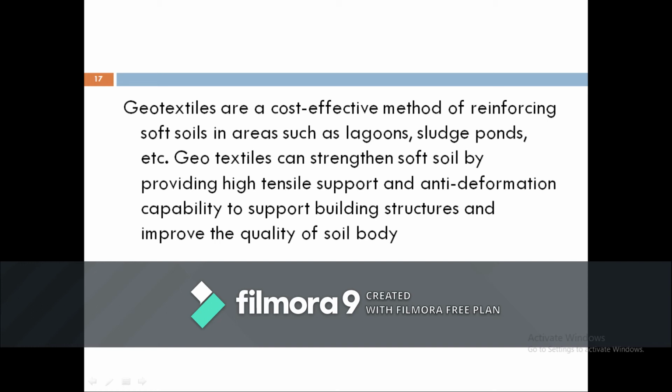We are making use of geosynthetic materials, geogrids, geomeshes, geotextiles, all these materials in order to increase our construction strength. So in order to increase the soil strength, in order to increase the durability of the structure, in order to have an economical structure, for all these means, we are finding geotextiles to be the best alternative.